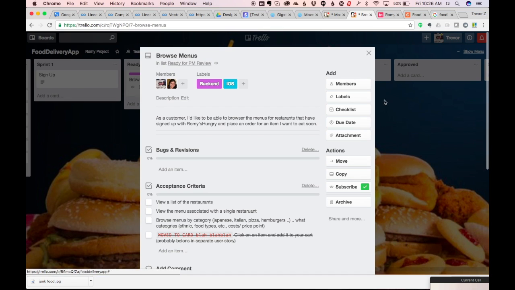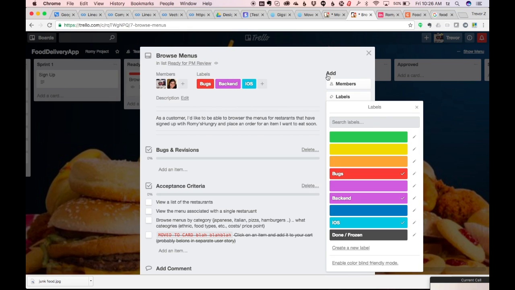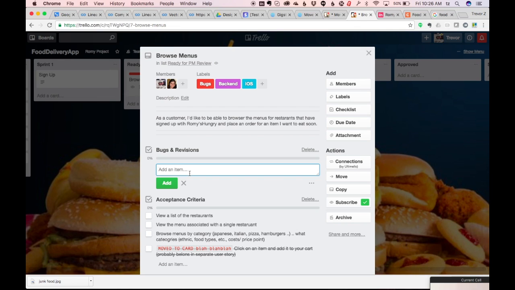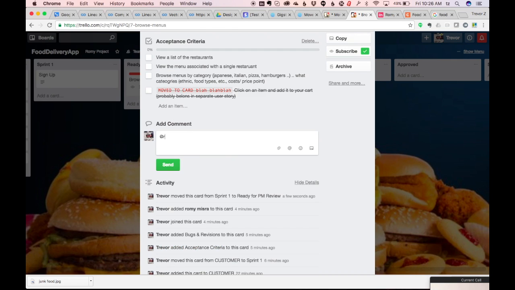And if I find a bug, then usually what happens is I come in here, I just add a label that says bug, come down to the bugs list, and I'd say, when I click on Delfina Pizzeria, their menu is chopped off after something like that. Can you take a